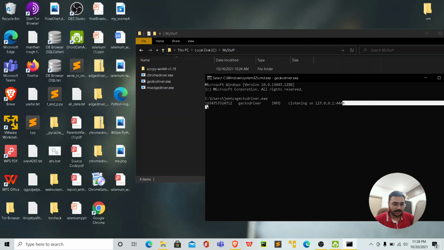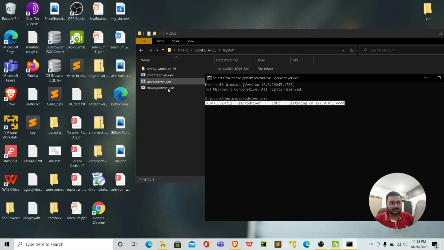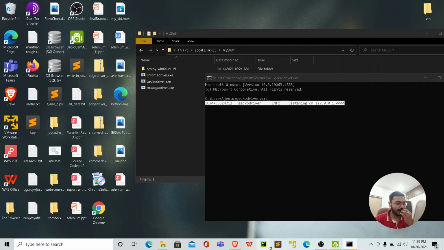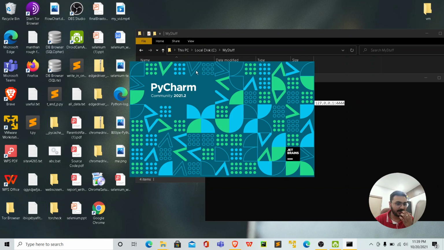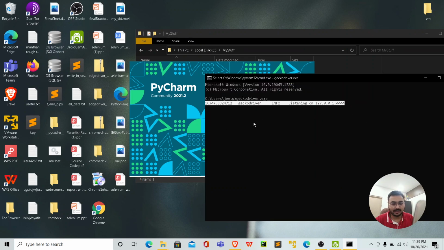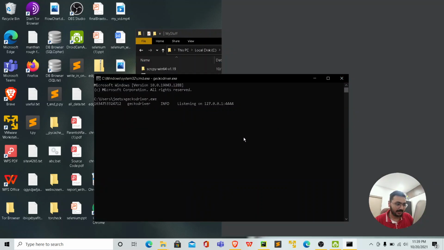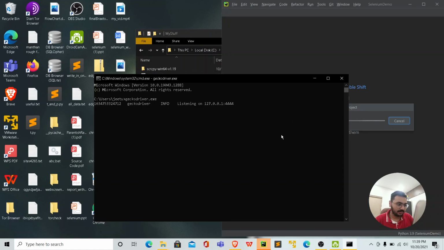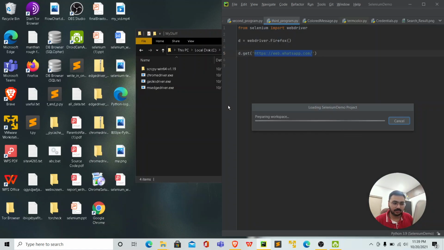Something like this should come up. Basically what we did is, we made this location available to our system. From whatever location, we can access this driver now, right? So after installing your Firefox and setting it all up, if you get this text, then you are good to go, everything will be working fine, right? You can just press Control C to exit, or Control D. Okay, you can just close the window if it is not closing.